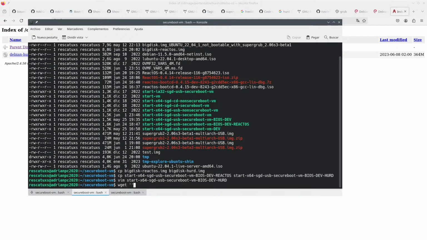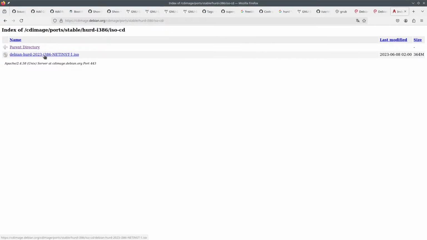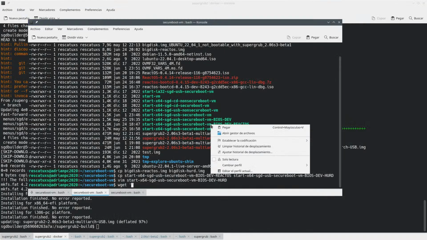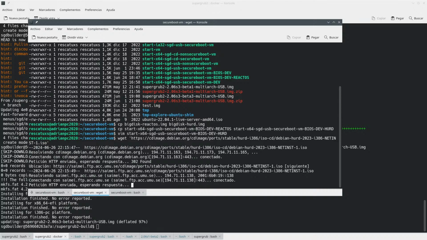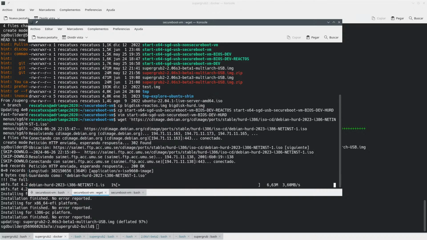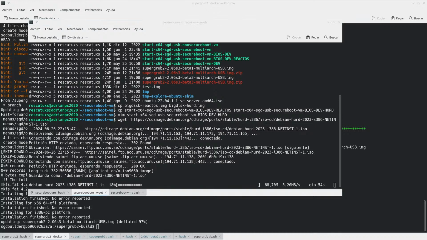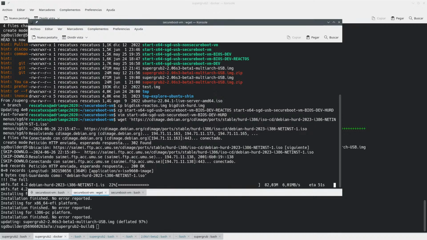I should be downloading this also, which should not take too much, I guess. And so we are going to boot into this. We're going to install on the first hard disk, which has